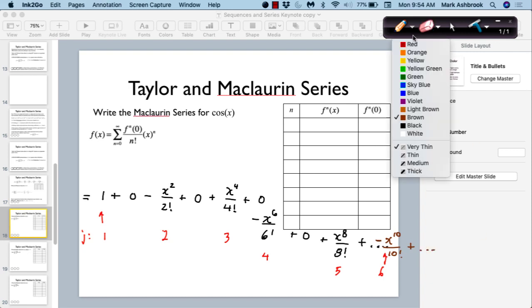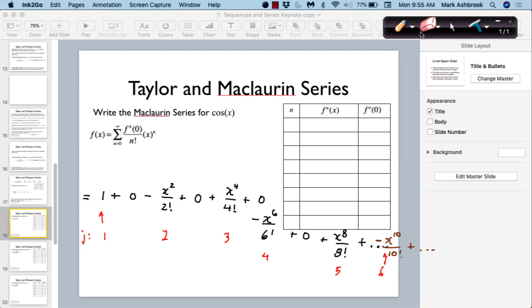Someone thinks they got it. Someone have a hand up over here? He's saying times 2 minus 2. Take 2j minus 2. Does that get us the number we need? So 8 minus 2, 10 minus 2. Looks like it works. 12 minus 2. So this formula would be x to the 2j minus 2 over